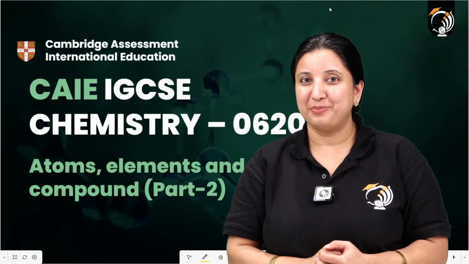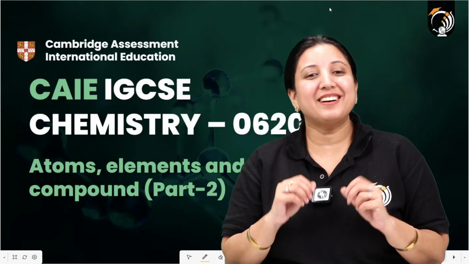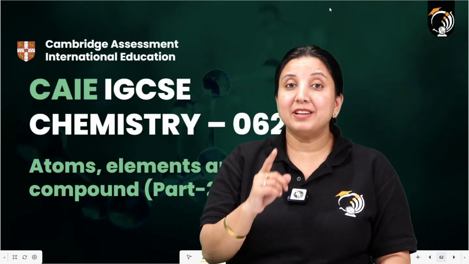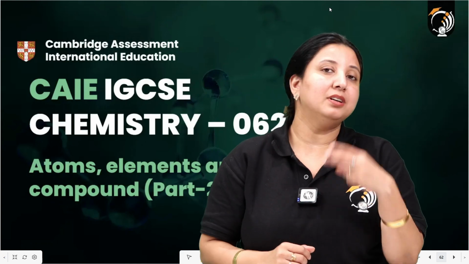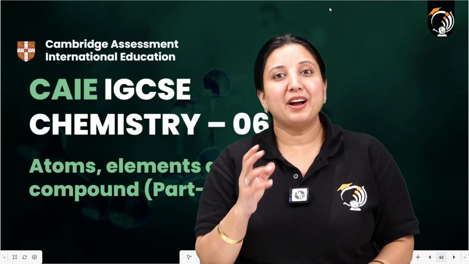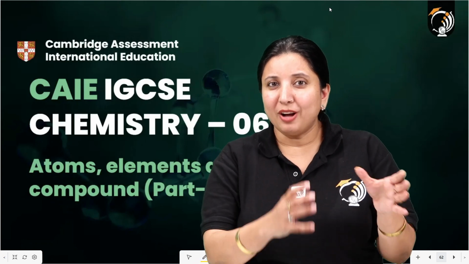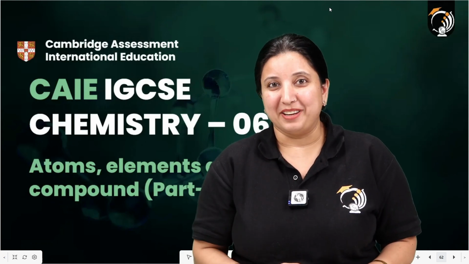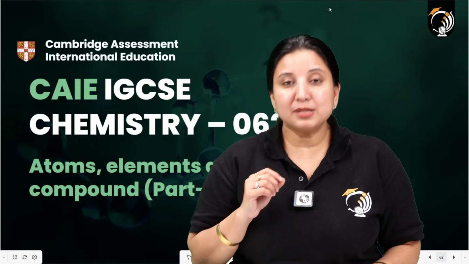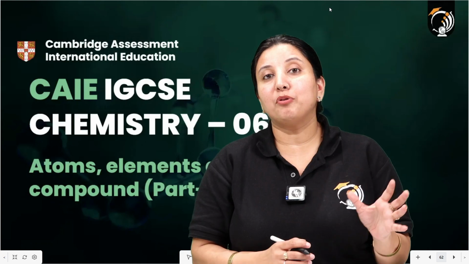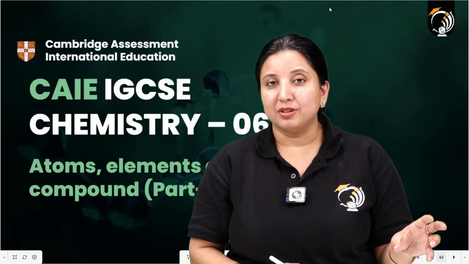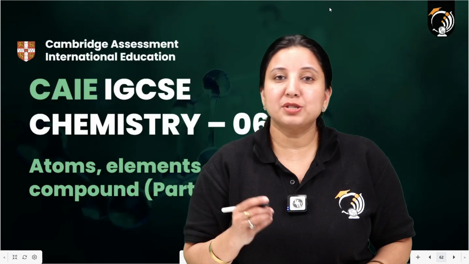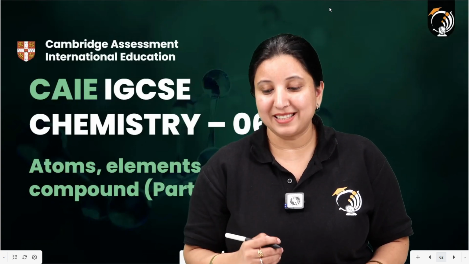Code 0620. Now, in the previous session we studied the topic atoms, elements and compounds. As I told you previously, we have divided that particular chapter into three parts. So over here we are going to discuss the second part. We did this in order to help you learn the various concepts more conveniently and actively. Now in this part 2 we are going to specifically focus on the atom structure and also a part of the periodic table. So let's see what topics we are going to cover in this particular session.